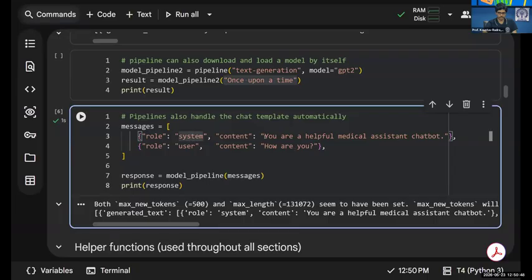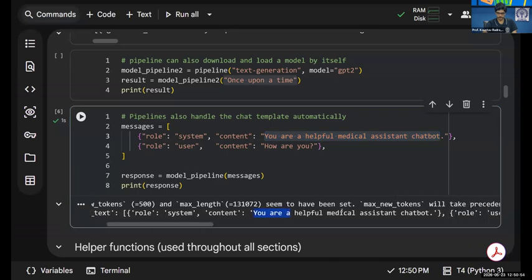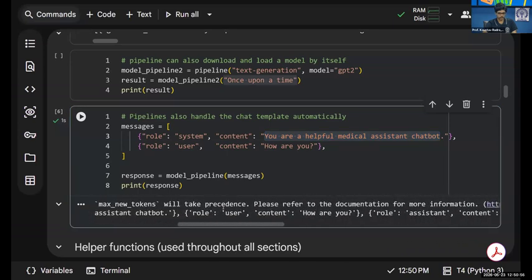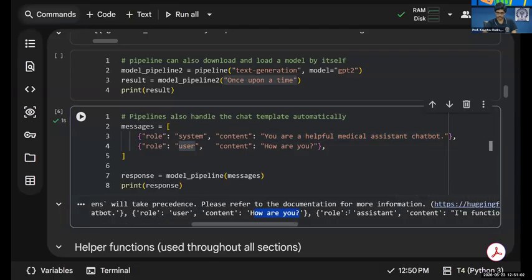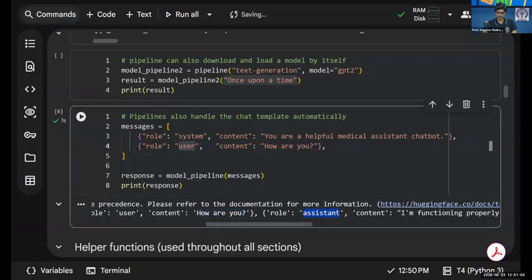So the system prompt was, you are a helpful medical assistant chatbot. So you can see that the system prompt is already there in the output. And then I gave the user prompt, how are you? So that is there. So after that, you can see that this assistant prompt, this was generated by the model,